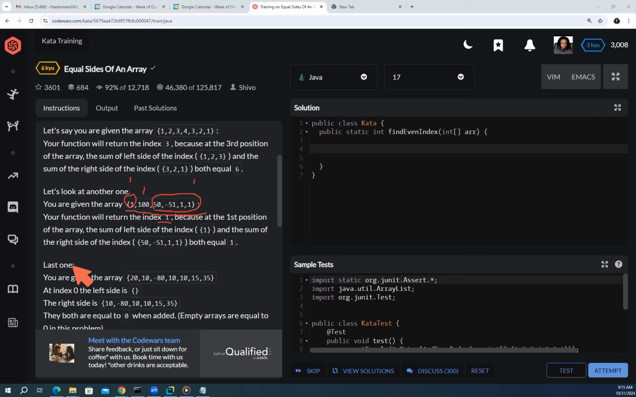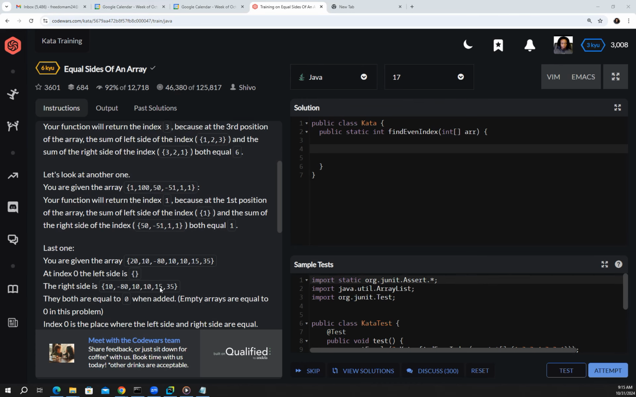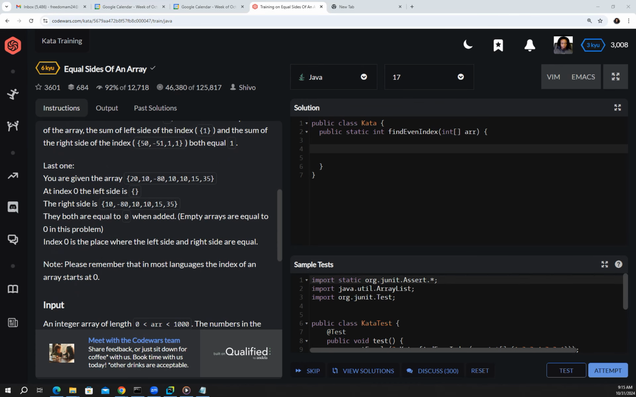So there's another example, and we'll look at this last example just to bring this thing home, and we will get to coding very soon. Scroll down here. Last one, as it says in the instructions. Looking at this one,